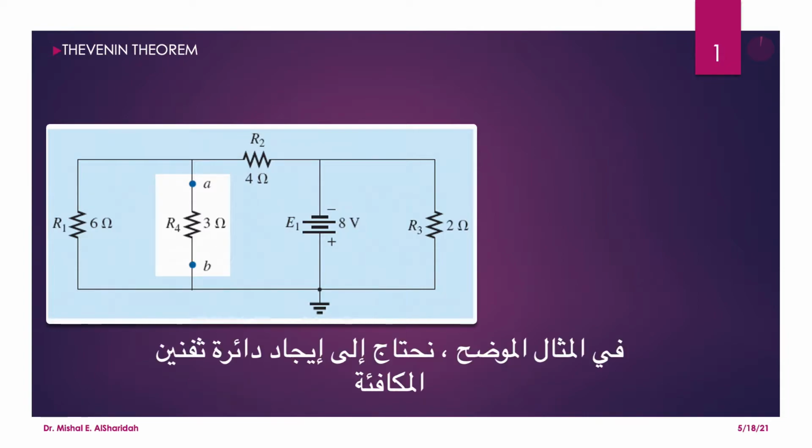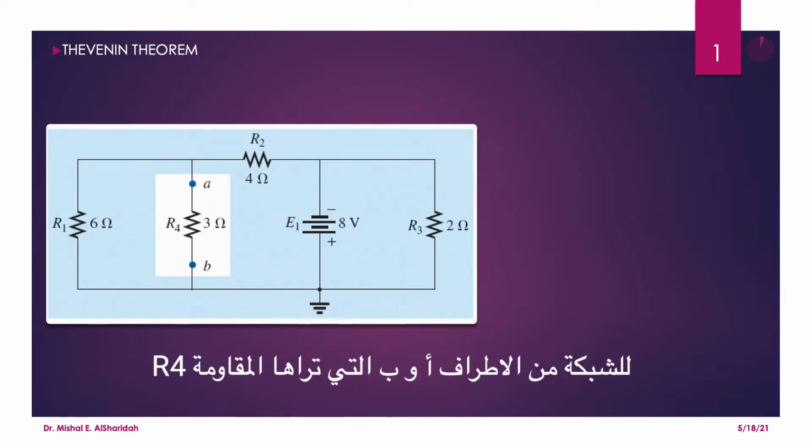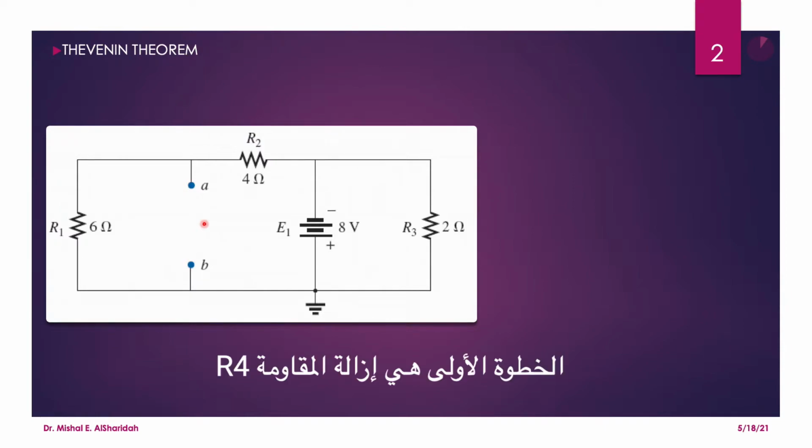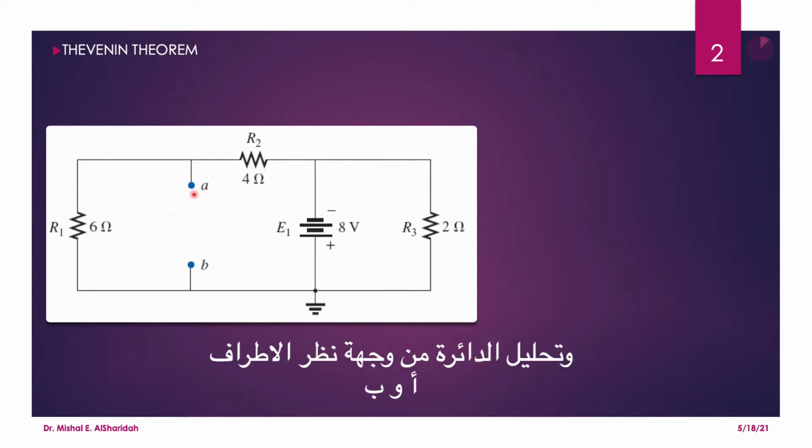In the shown example, we need to find the equivalent Thevenin circuit for the network from terminals A and B seen by resistor R4. The first step is to remove resistor R4 and analyze the circuit from the point of view of terminals A